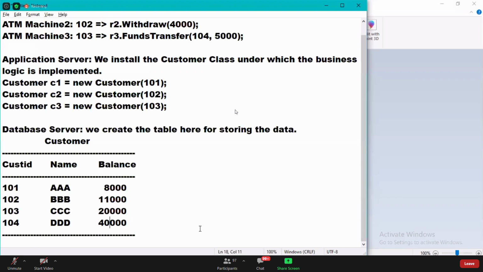This is how exactly the applications will be running for you in the real-time environment. Object-oriented programming is such a beautiful design. Even if you try to create 1 million instances on the server, your applications will still be running flawlessly for you. 1 million objects created on the server.